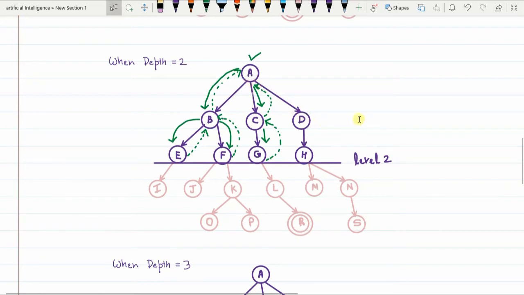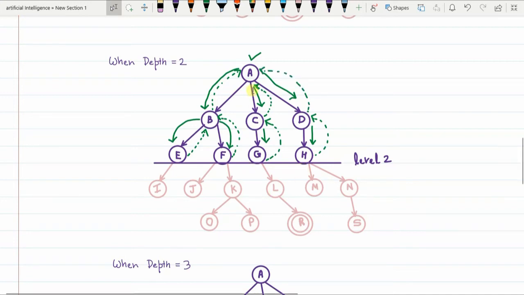So from A the algorithm takes you to D. Again we check whether D is a goal node. D is not a goal node, so D can be expanded further. From D the algorithm takes you to H. Then again it checks whether H is a goal node. H is not a goal node, so it checks whether H can be expanded further. Again H cannot be expanded because there are no child nodes left. So we backtrack from H to D. Since D has been explored and is futile, from D we go to A.